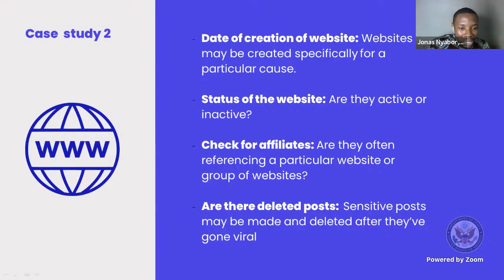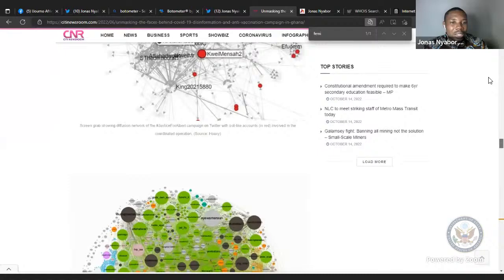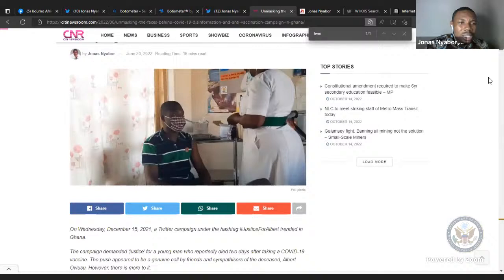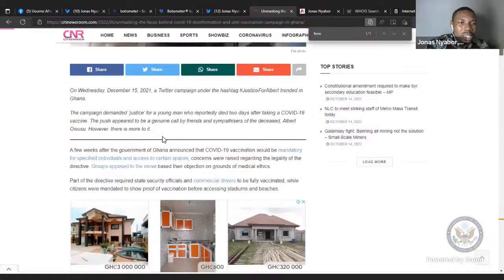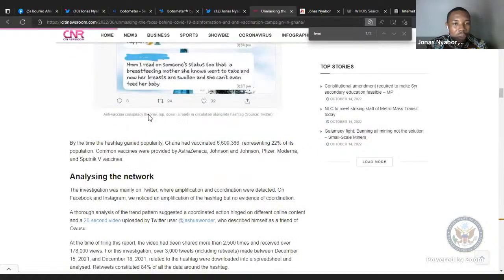In the case study that I talked about, the COVID-19 vaccination investigative report that I did, the campaign started on December 15. That was when they all mobilized to do the campaign. But then they did it on the 15th, 16th, 17th. If you identified an account in the campaign, say the campaign ended in December, and they've not tweeted again, that is one of the ways I'm able to find out.